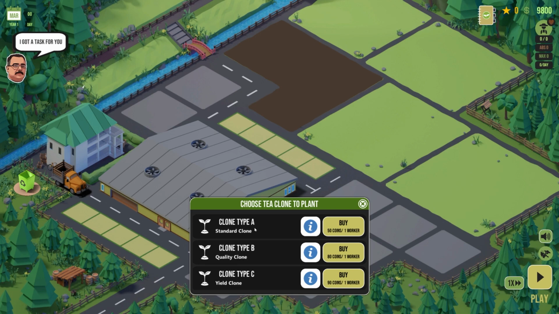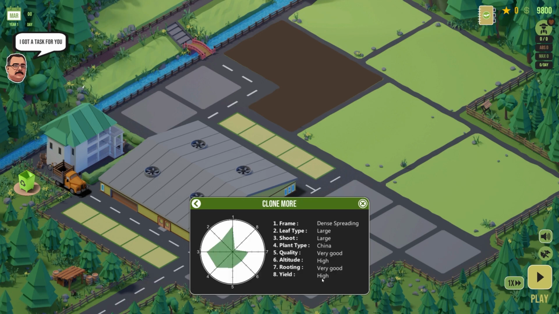Clone type A. Well, I guess you'd buy tea plant clones. I'm not that deep into tea planting otherwise. I guess I will be after completing a lot of run-throughs of this game. But clone type A, standard clone, quality clone, yield clone. Well, that's something that could be straight out of a mobile title as well. But that is probably terminology which really exists and is interesting to someone who knows. And then you're like, 50 coins, 1 worker, 80 coins. This is, again, mobile. This is so mobile. And then you click this button, and then you're like,